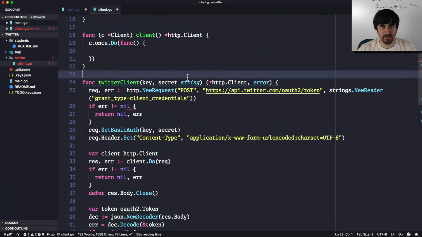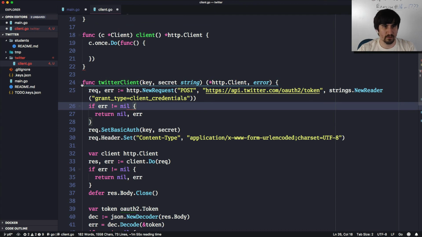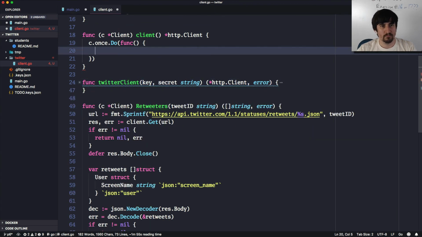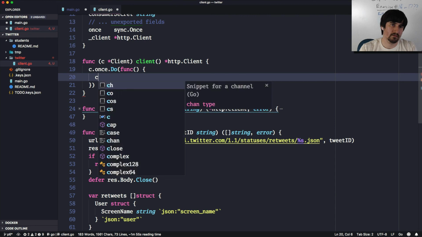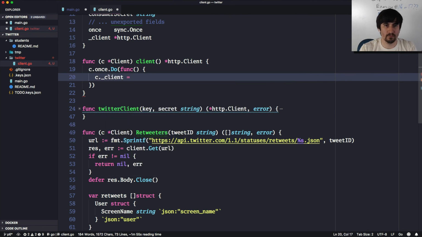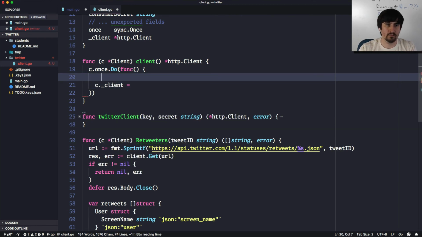And I'm just going to paste the whole thing in here. I think that's actually fine. I don't need to change anything with it. So I'm going to say c.client is equal to, actually we'll do temp, err are going to be equal to,